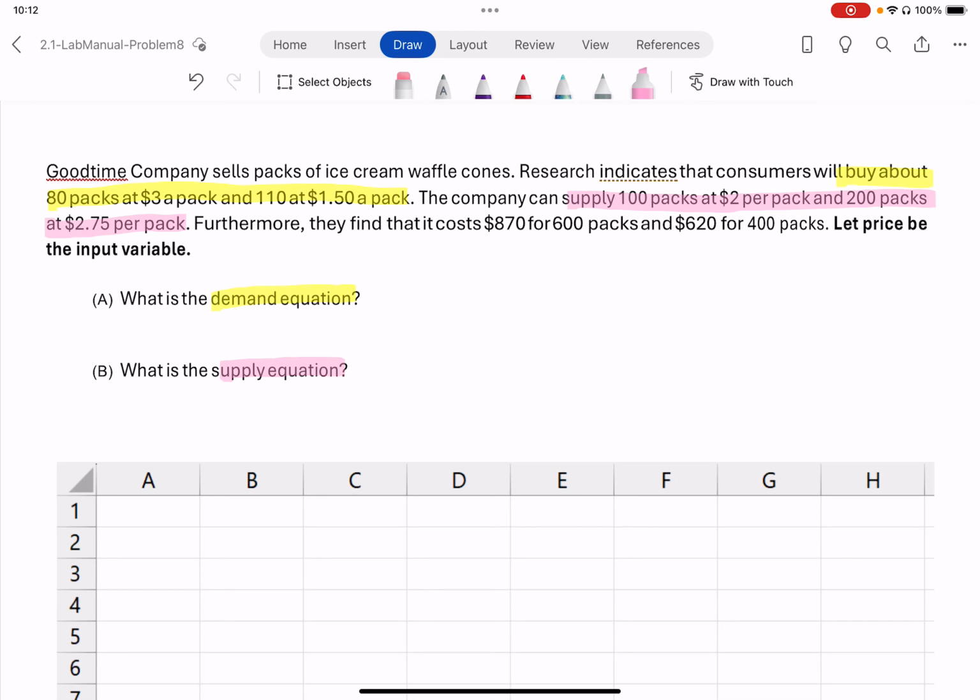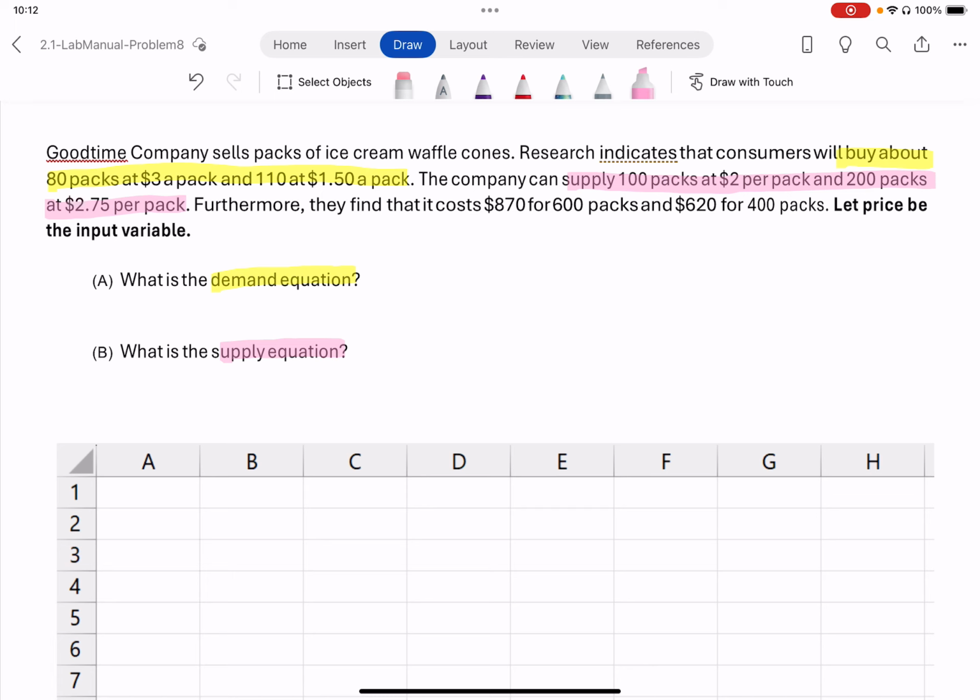Hey guys, so in this video, we are talking through one of the problems in your lab manual. This problem is basically wrapping everything we've done so far with demand and supply, revenue, cost, profit, all into one big problem, okay? So if you'll look at the information that's given, what I have highlighted in yellow is